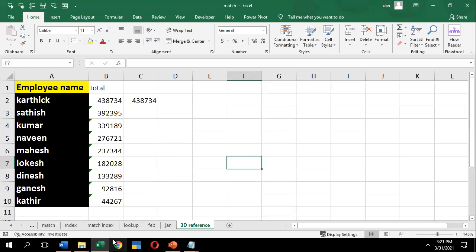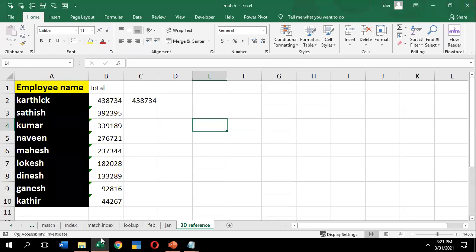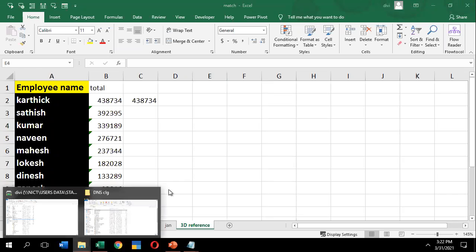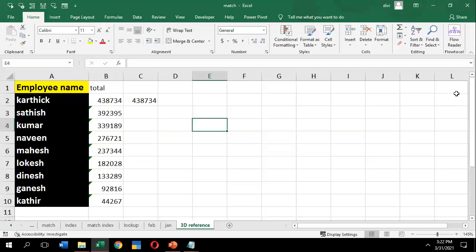See that once I click on Move, that sheet is assigned to the new workbook. So in the workbook you had selected, once it is in the other workbook, the data will be deleted. So what if you want it to be copied in the other workbook as well? How can I do it? I'll just show you. Let me open the What If Analysis workbook.